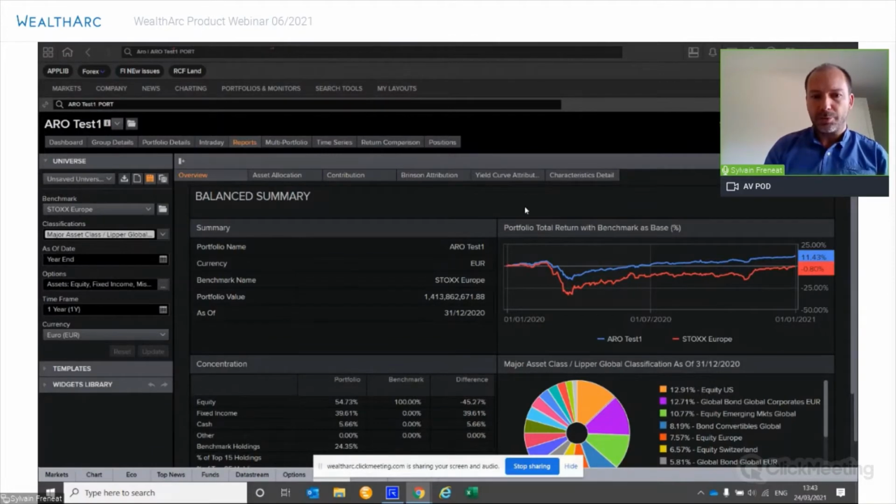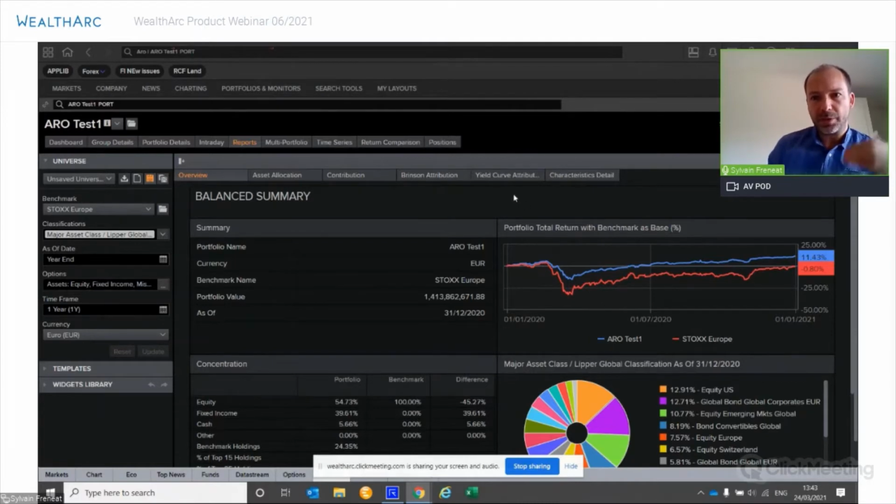So with regards to the integration of the portfolio, this is true that there is the possibility, and I think our teams are working together to be able to ingest your portfolio from WealthArc into the platform, into Workspace automatically. That will be very, very nice.